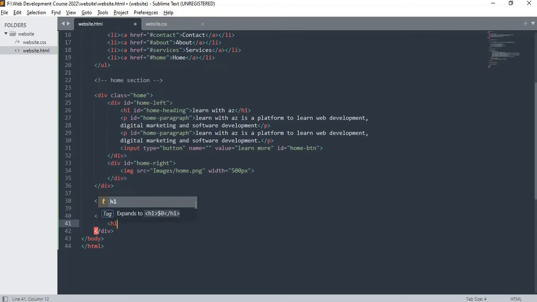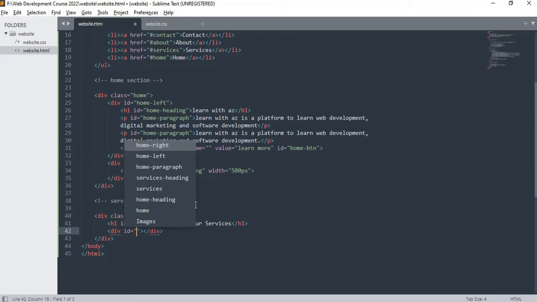So I write a heading with ID of services heading, and I write our services. After this, I make three sections. First I write a div and ID of service section,